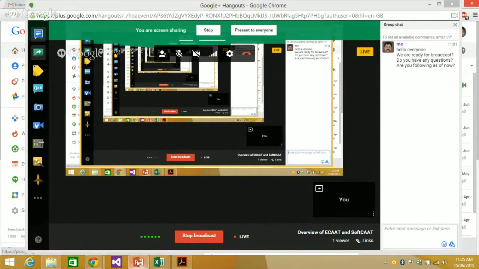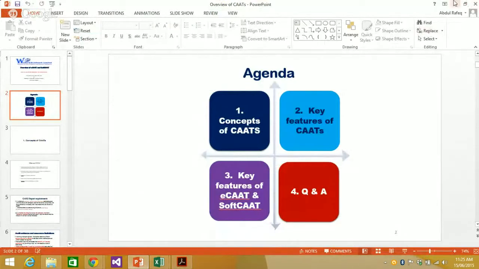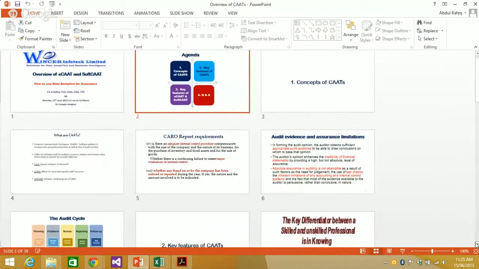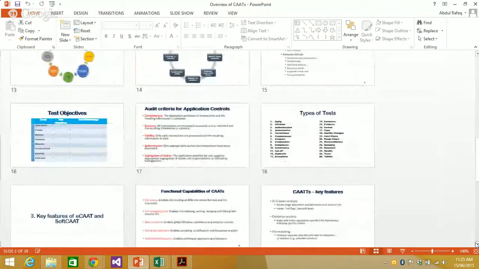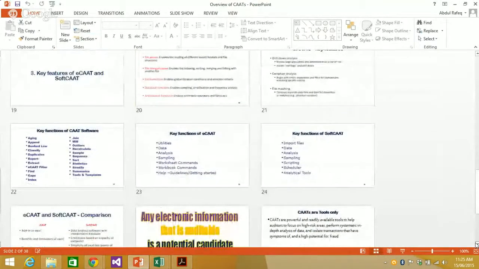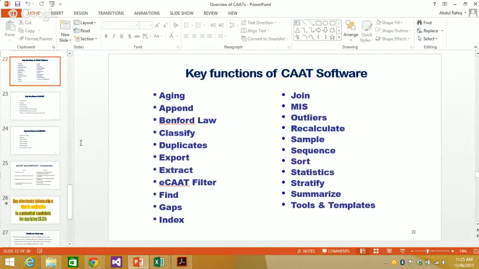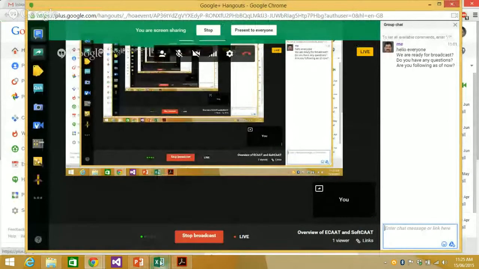Let's come back to the software. We have already gone through the presentation. I will just go to the specific area where I want to show you the functions. Okay, key functions of CAAT software. These are the list of functions which I said I'll show to you. Okay, let's go ahead. Now with the eCAAT,